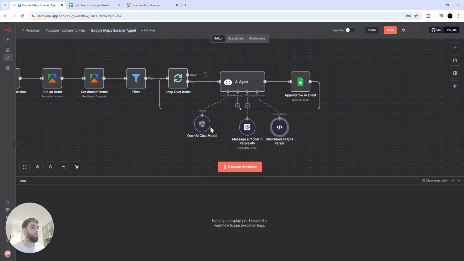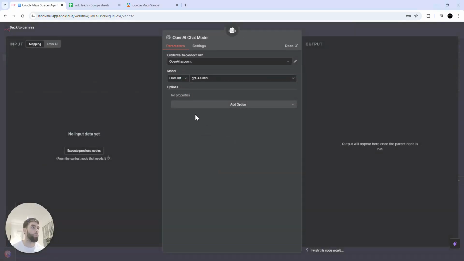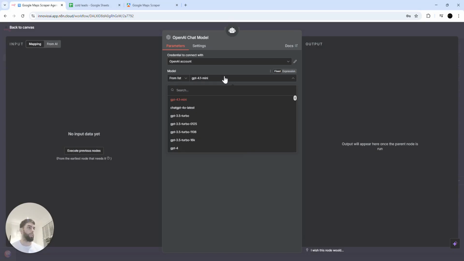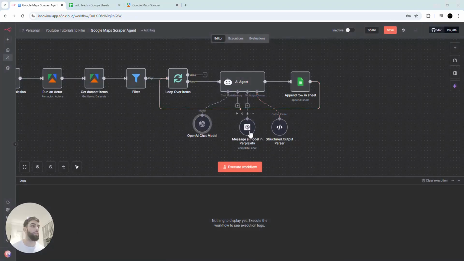We just want to go ahead and connect a brain to our AI agent. So I've gone ahead and copied the OpenAI model. I'm just using GPT 4.1 mini, but you can use pretty much anything you want for this. Gemini, Claude, whatever it may be, but I've just gone ahead and used GPT. And then the tool which I mentioned in the prompt